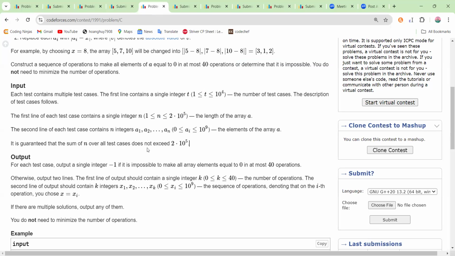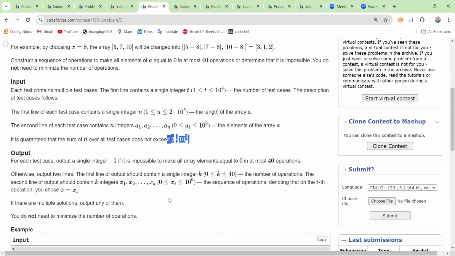And it is guaranteed that the sum of n over all test cases does not exceed 2 into 10 power 5. Okay, well,